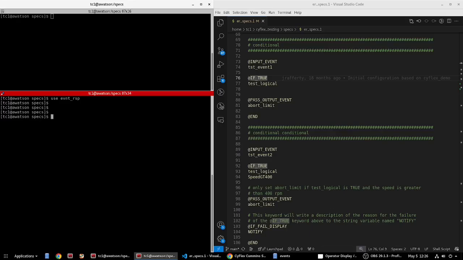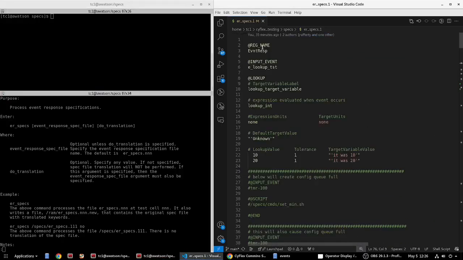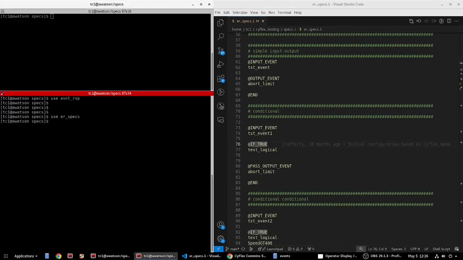The other command is ER_specs. ER_specs is how you tell that instance of event response what you want it to do. So over here, we've got a registered name of event response. If we look at our Go script,